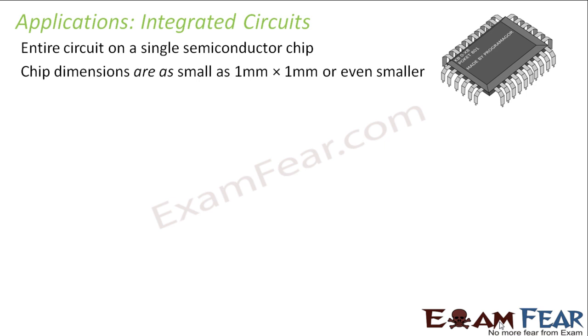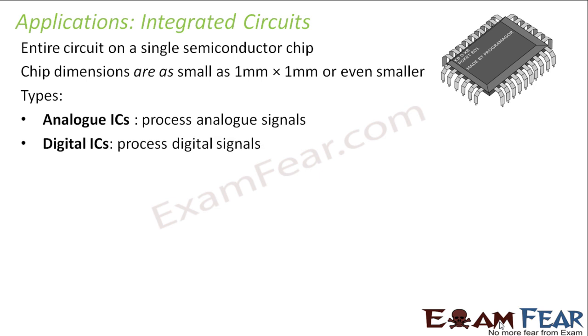As you go for your higher studies, as I mentioned, you will see that there are so many varieties of ICs which have been designed with the help of these logic gates. Broadly, integrated circuits are classified as analog ICs and digital ICs. Analog ICs are those which process analog signals, and digital ICs are those which process digital signals. I am just telling you for the sake of it. These are not within your curriculum, and you will study all this in detail when you go ahead with semiconductor electronics. So with this, I'll conclude this lesson, and we will try to see some problems on logic gates.